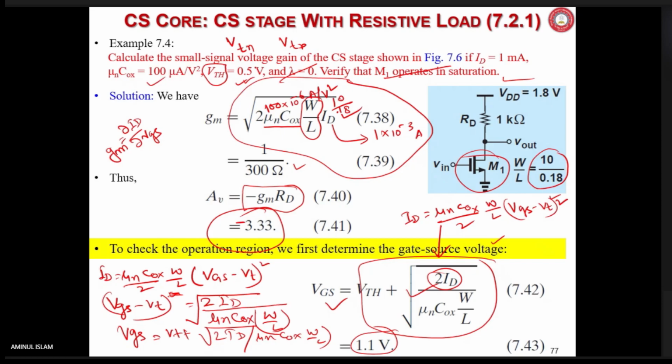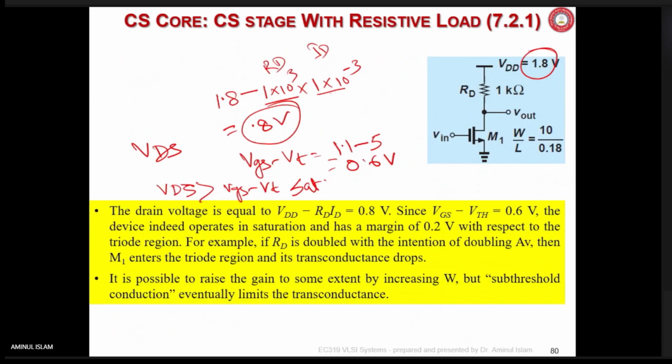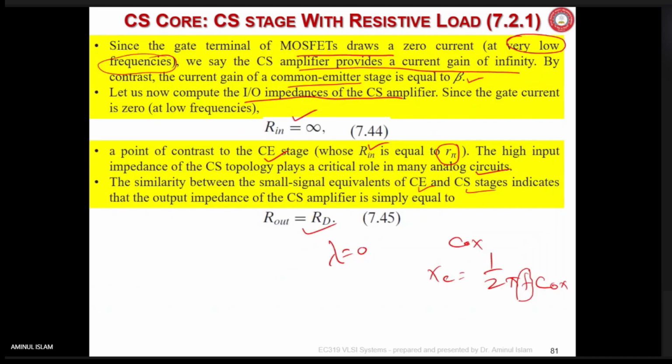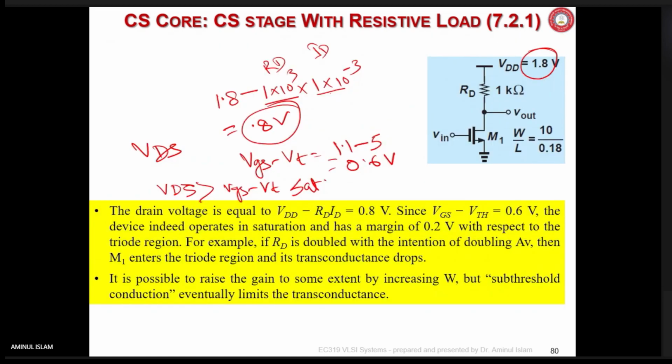For example, the threshold voltage I've given as 0.3 volt or 0.4 volt, 0.5 volt. Then you have to understand and remember these equations of GM, of AV. Then it is not a problem. You can find out. Maybe 1 or 2 questions will be of this kind, so that you understand it and solve it. So here we have understood up to this point.